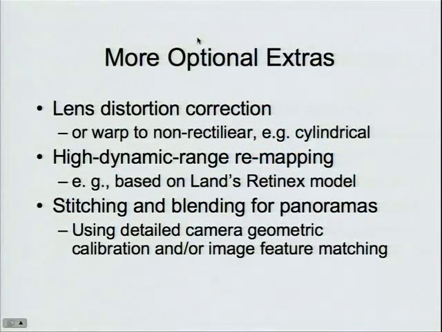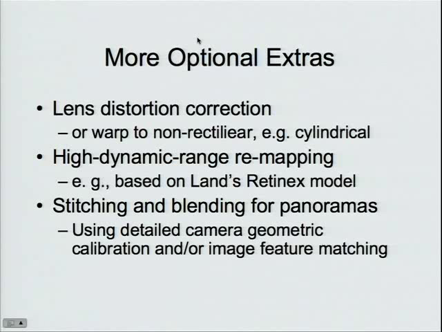Okay, there are other optional steps that can go in there. The pipelines where the guy was undoing the effects of the camera stages showed a lens distortion correction. That's one I haven't talked about, but you may want to do an operation that's not affecting pixel values locally, but is actually moving them around and distorting the whole image. So you can have a lens that has distortion and you can undo it, or you can have a lens that doesn't have distortion and you can distort the image for some other purpose. For example, to